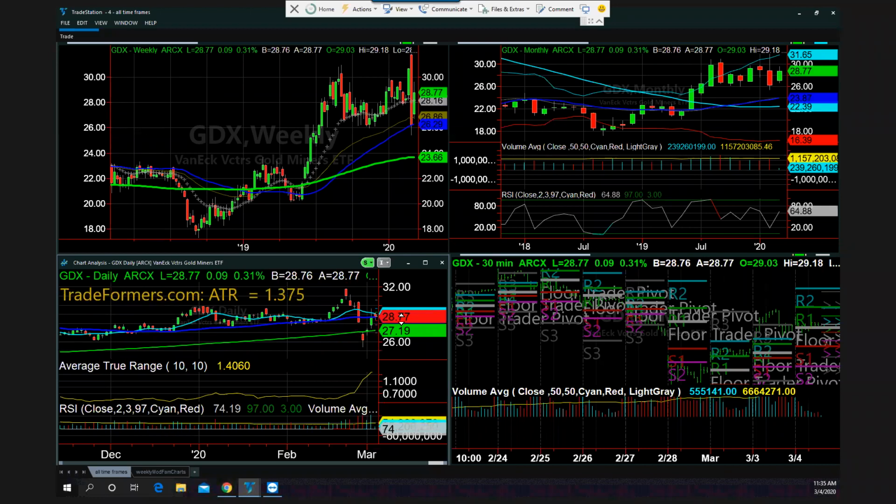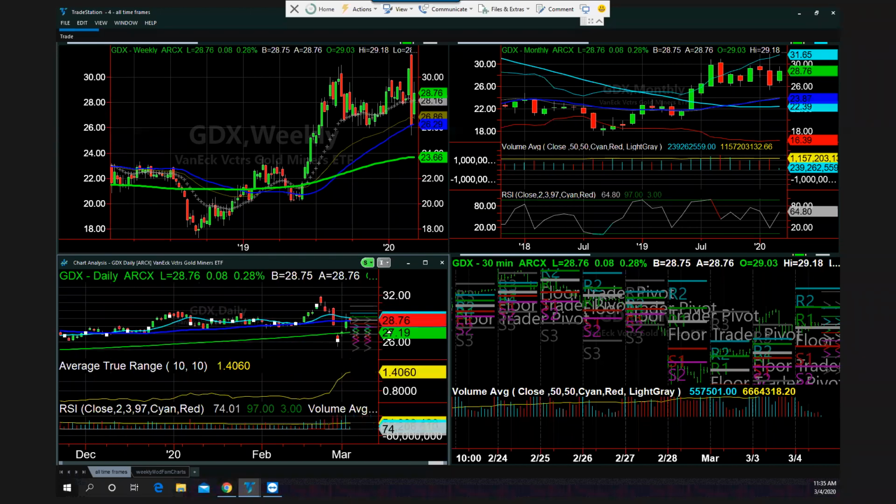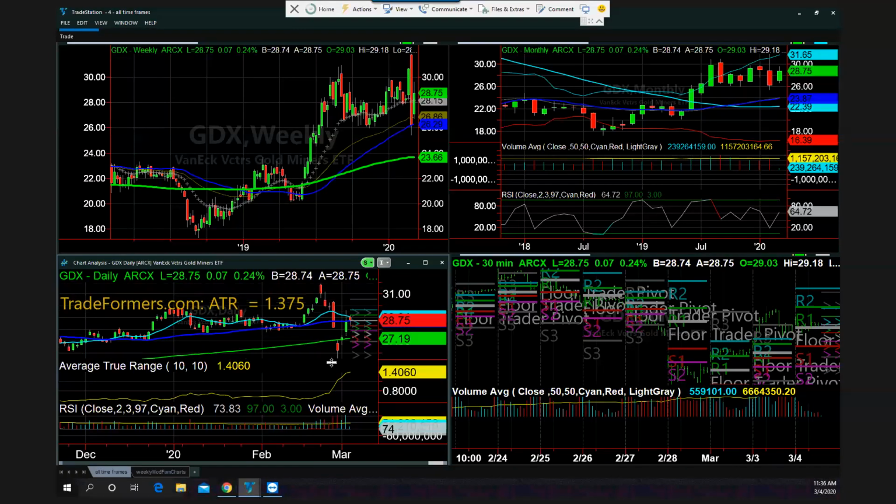And because we used profit targets, we took some off at 30.34. We actually got out of some at 31.74 this day. And then we finally got out of the rest of the trade when it broke down under this moving average, which is the 10. And now look what's happening here. We broke down with the rest of the market. Everything had a liquidity crunch, including this, except for gold. We got back over the 200. We had a big bar yesterday, and now it is clearing the 50-day moving average.